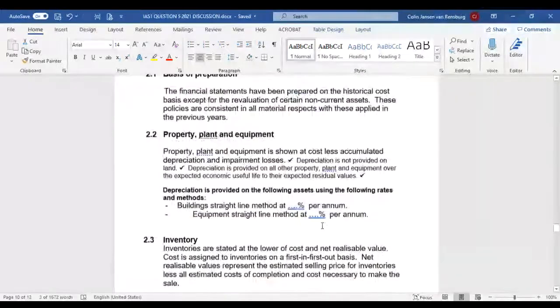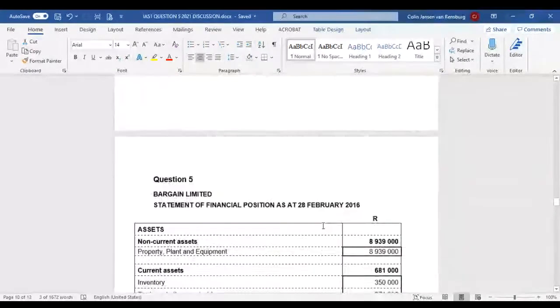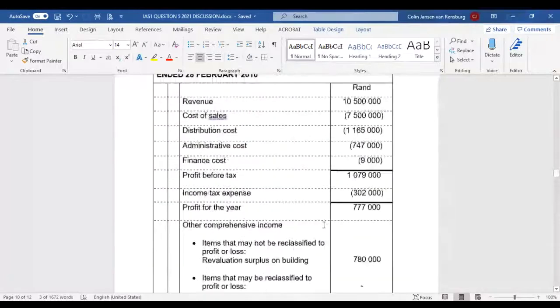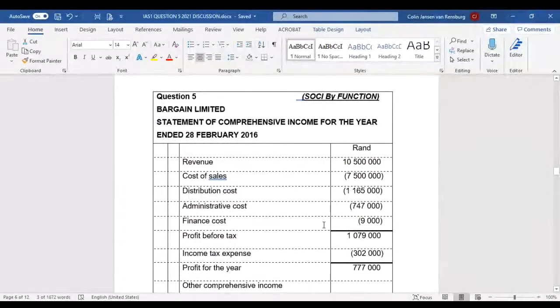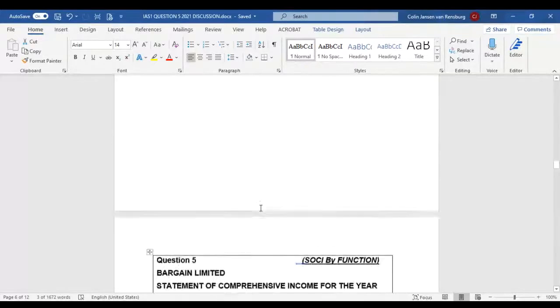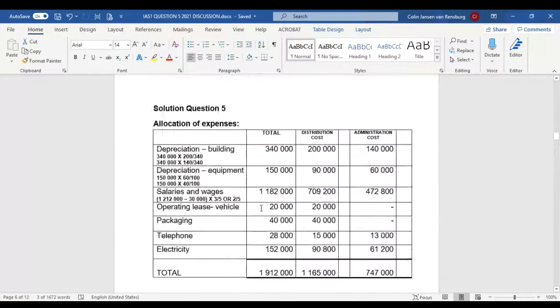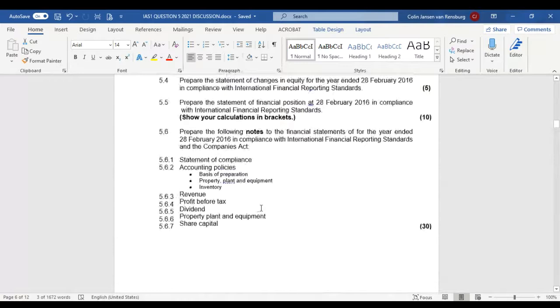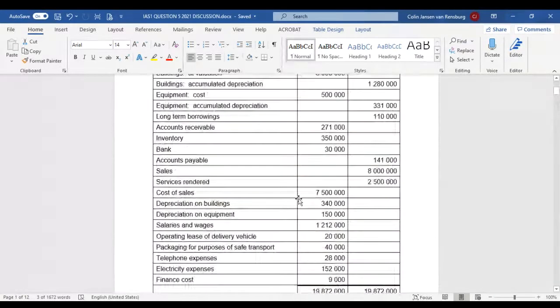Okay, so that is the revenue, ladies and gentlemen. What comes after revenue? It is also a disclosable item. When Mr. Borman discussed offsetting, he said that you cannot offset revenue from what? The next item that is going to be a disclosable item is our cost of sales. Let me just finish this, and then we can chill out for the day. Okay, so the cost of sales. What we need to do is go to our trial balance. We've got to go and see what's the cost of sales. So in our trial balance, we saw that the cost of sales was